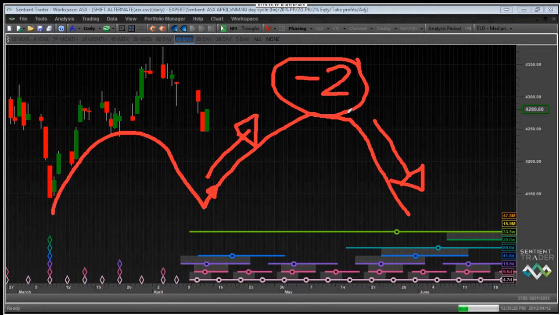Okay, so I've said we should possibly consider buying because the 40-day cycle is bouncing out of a trough. Should you consider buying when 2 longer cycles are pushing down on the market? The answer to that question is definitely no. Okay? You should only be taking trades when everything is working in your favor. And by everything working in your favor, that means that you need to have as many cycles as possible working in your favor. So taking a long trade when 2 long cycles are pushing downwards is really not recommended.